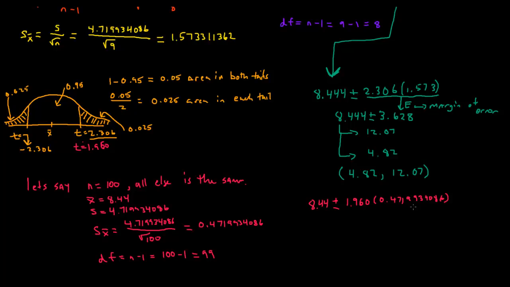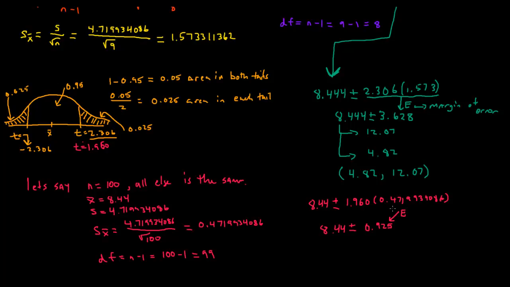That second term there is our margin of error, so 8.44 plus or minus E, which is the margin of error, and we get 1.960 times 0.4719934086. If we round this to a couple decimal places, we get 0.925. So that is E,